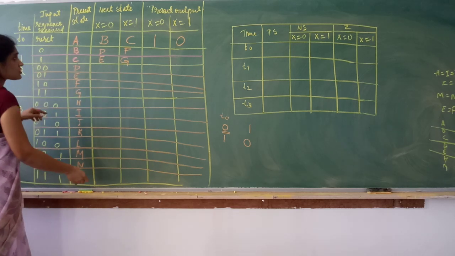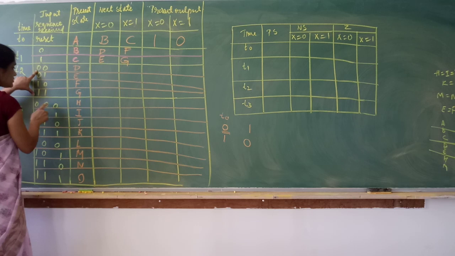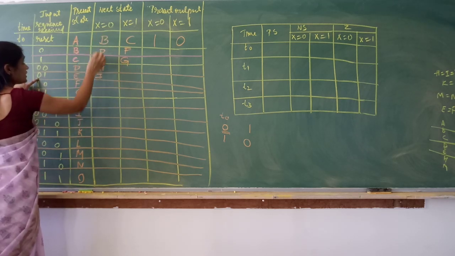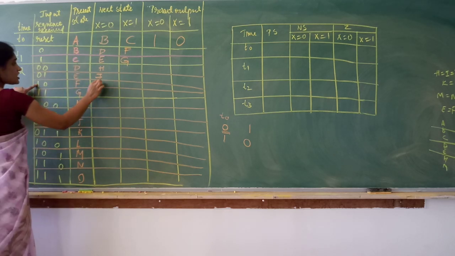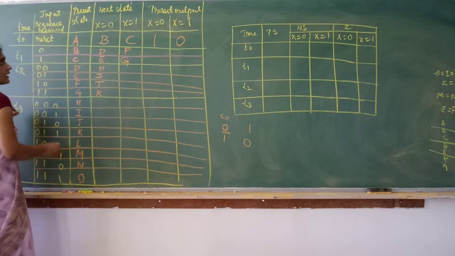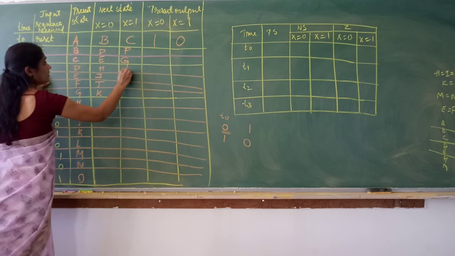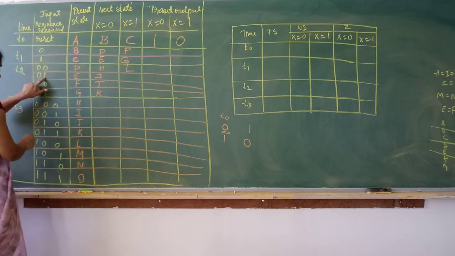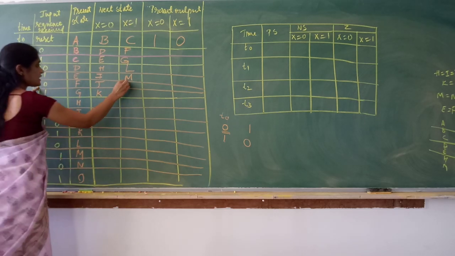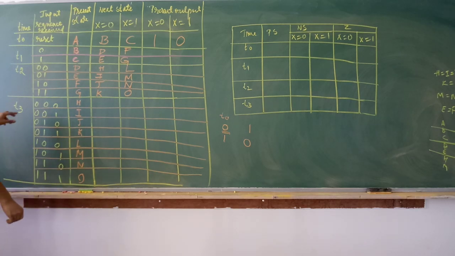First let me complete these two. Okay, so similarly, 0, 0, 0 is H. 0, 0, 1 is I. 0, 1, 0 is J. 0, 1, 1 is K. Right? 1, 0, 0 is L. 1, 0, 1 is M. 1, 1, 0 is N. 1, 1, 1 is O. Okay? Now,